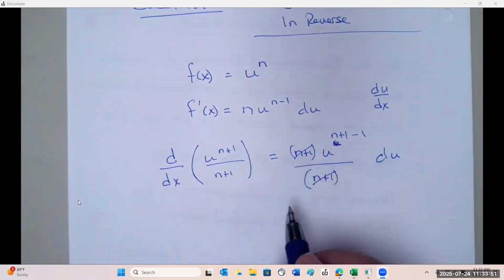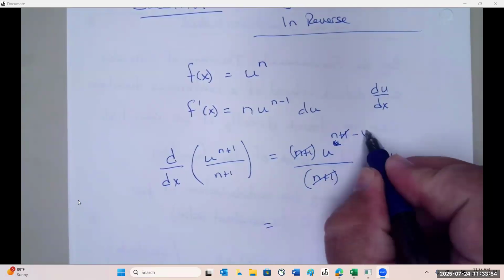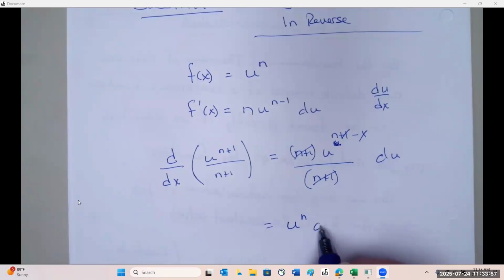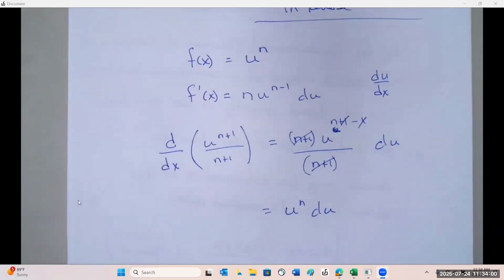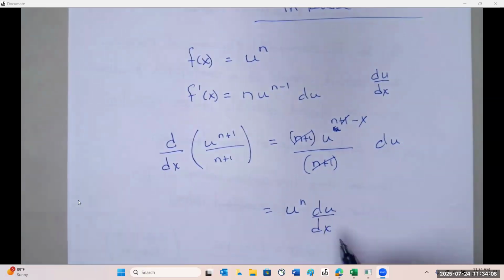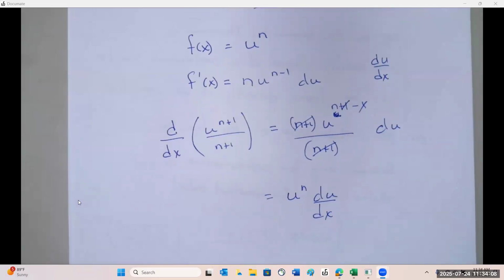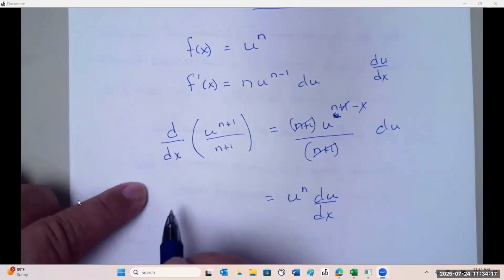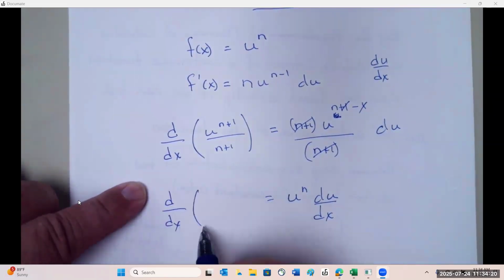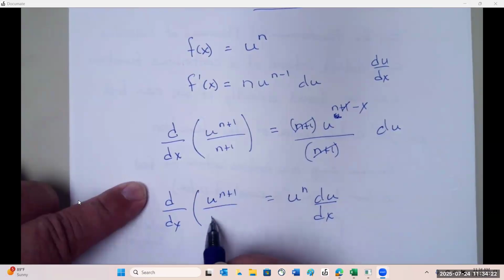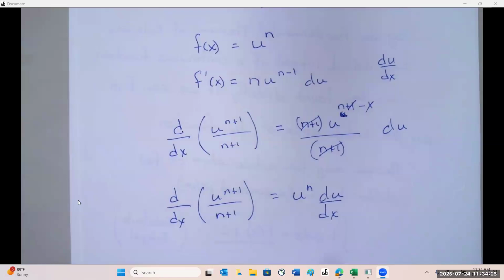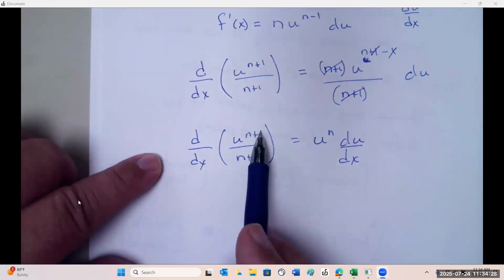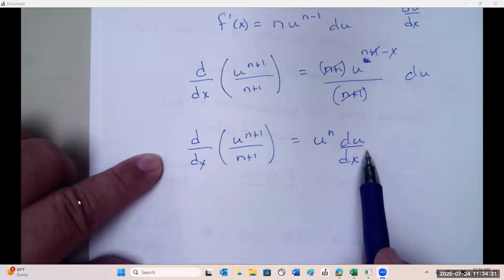So the n plus 1s cancel, and the 1s cancel. We're left with u to the power n du dx. Remember, it's a function of x. So if the derivative of u to the n plus 1 over n plus 1 is u to the n du dx,